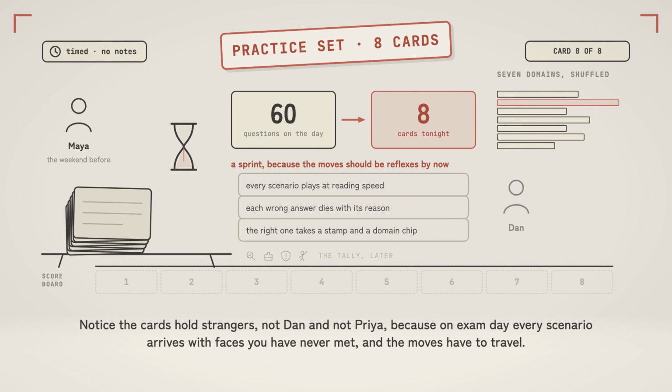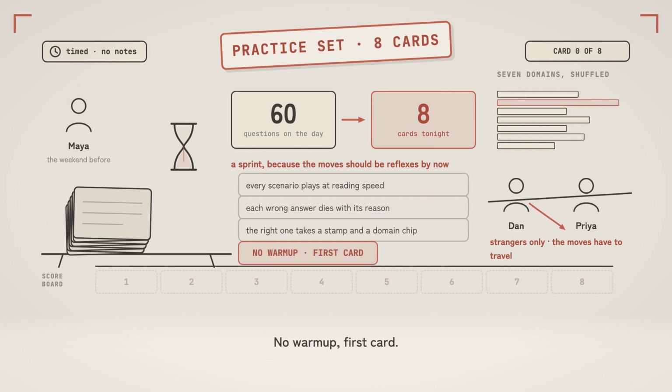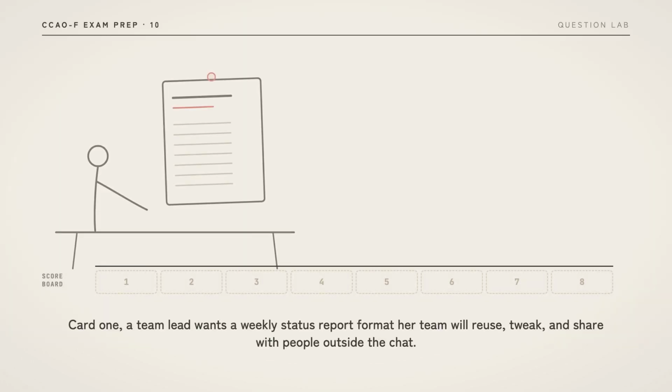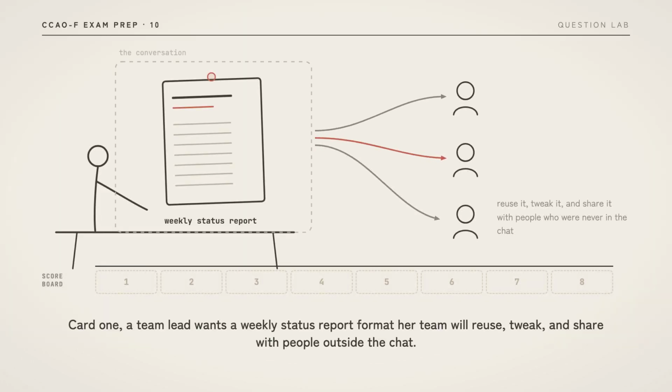Notice the cards hold strangers, not Dan and not Priya, because on exam day every scenario arrives with faces you have never met and the moves have to travel. No warm up, first card. Card 1, a team lead wants a weekly status report format her team will reuse, tweak, and share with people